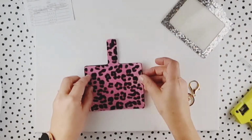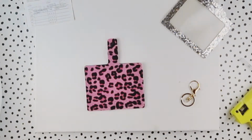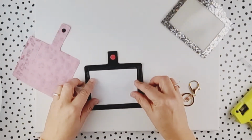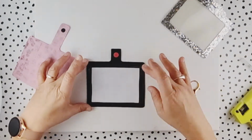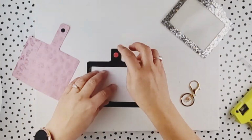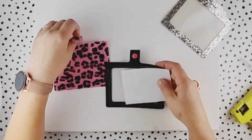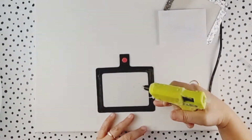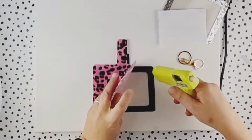Now we want to stick the back on. So the idea here is you want to leave enough of a gap for your vaccination card. So the hole is the 3 by 4 inches, which is going to be kept in place by your, well, I've done that a bit wonky, but you get the idea. Kept in place by the backing, and you also got the snaps, which I did put on beforehand. You can see you've got one facing so that it will fold over. You'll see once we assemble it. Okay, so you want to just come down and do a U shape. You're leaving the top of this open because you need to be able to get the